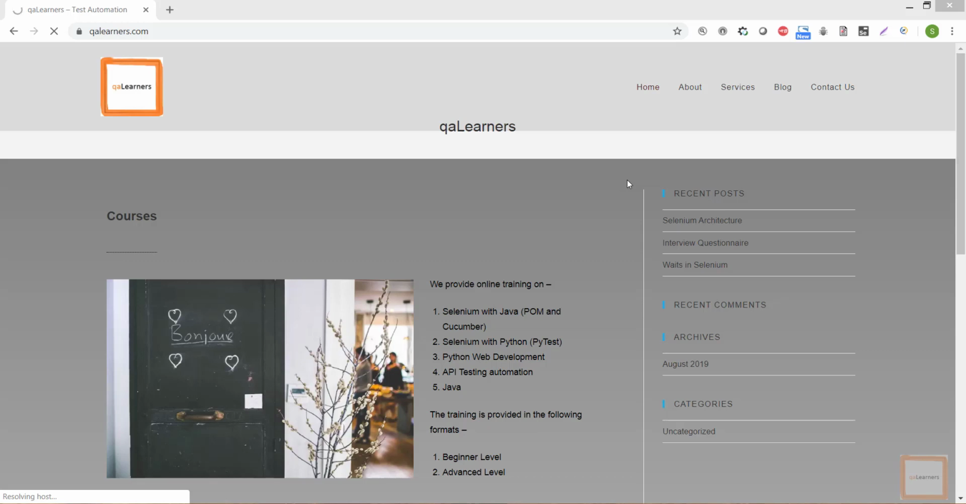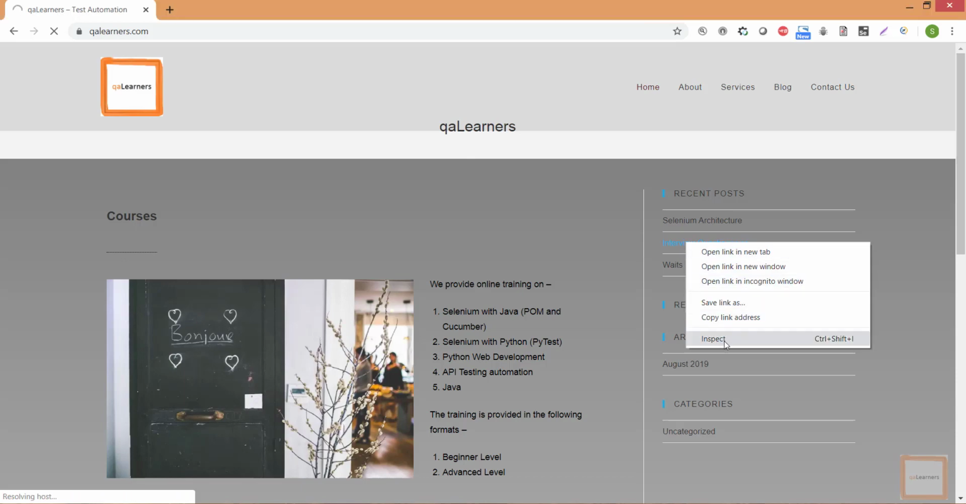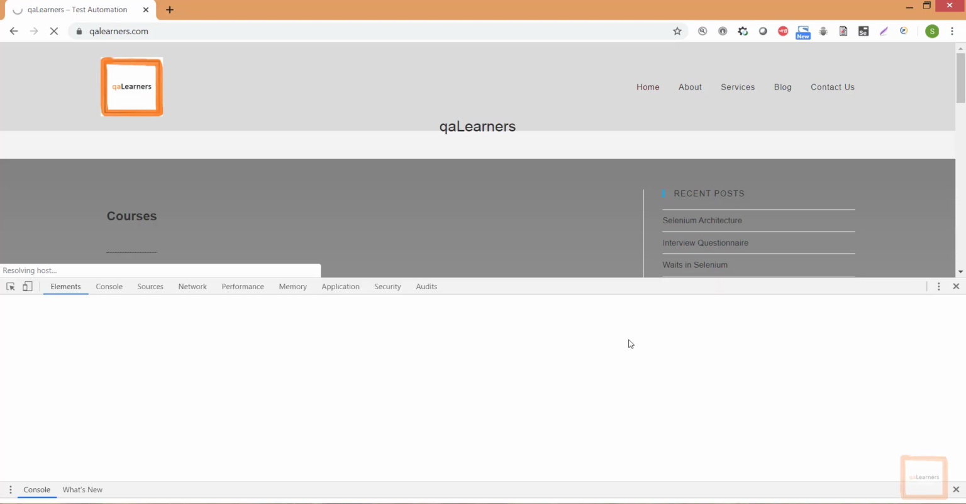This session is to understand the difference between absolute XPath and relative XPath. So on this page, let us try to inspect one of the elements. Say for example, let us consider this interview questionnaire. I'm right clicking on this and inspecting this element,